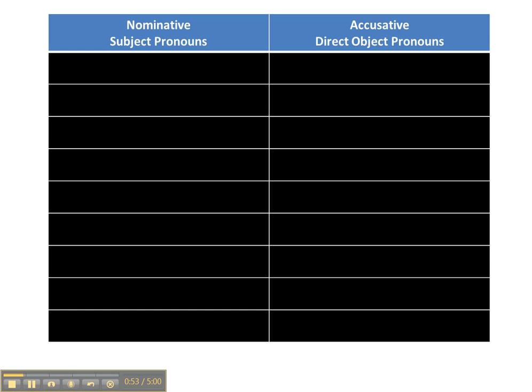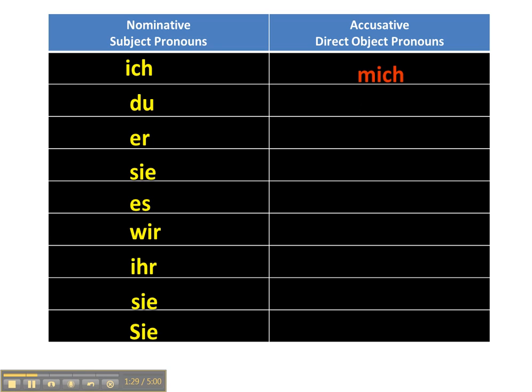So when you are using kennen, you're going to need to know how the accusative direct object pronouns work. So let's start first by reviewing the nominative ones, or subject pronouns. Ich, some people say ich, some people say ich, and in Austria they might even say ick. So it varies greatly as to the pronunciation. Du, er, sie, es, wir, ihr, sie, und Sie, with this last Sie being the formal you and the one before that meaning they.